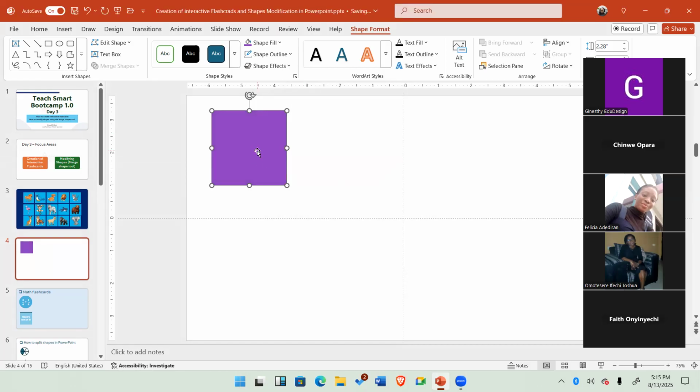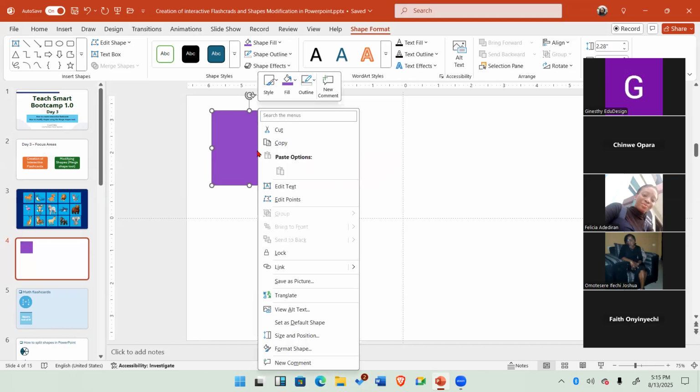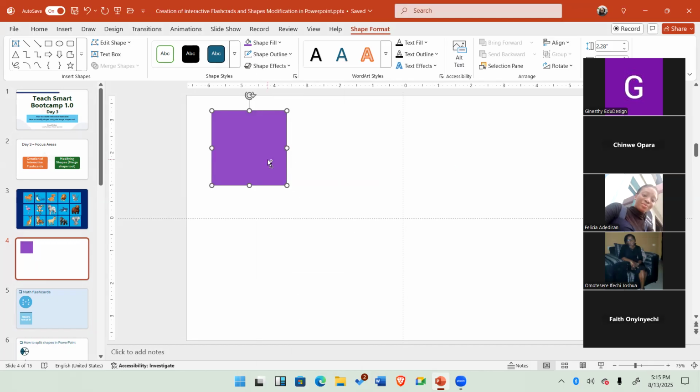Okay, so having created this shape, we're going to duplicate it. Control D to duplicate, and position it on the right, equal to each other. It has to be equal. Okay, so now we've made our shapes. Let's go straight into putting what we want on this flashcard. The first one is what you want at the top, what you want your students to see. The second one will be,